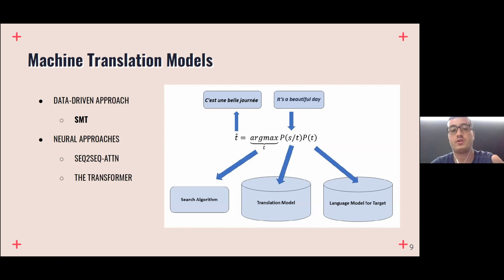The first is a data-driven approach called the statistical machine translation model, which generates two kinds of models: the translation model, to get the most probable token given the input sequence and the already predicted tokens in the translation process, and a language model that regularizes the predictions of the translation model so that they are fluent and cohesive with the target vocabulary. And with a search algorithm, it gets the most optimal solution for this translation problem.